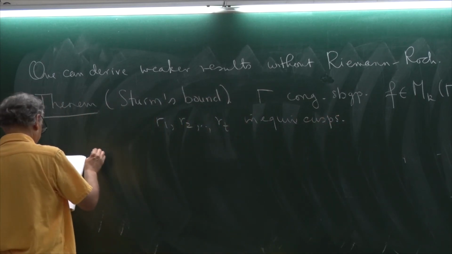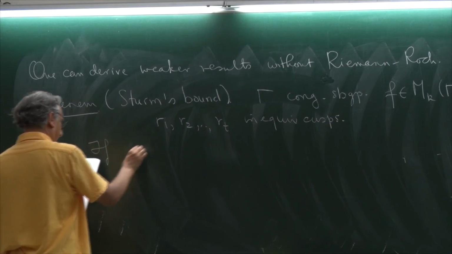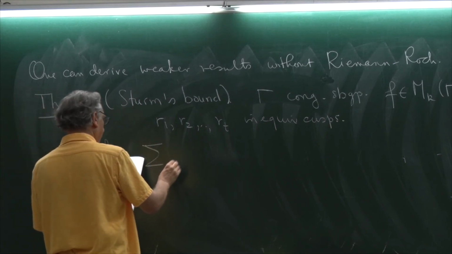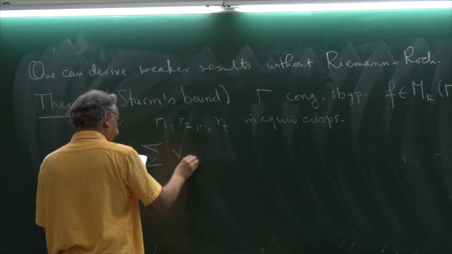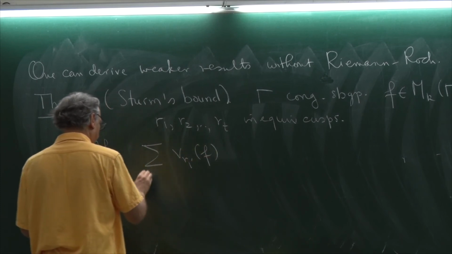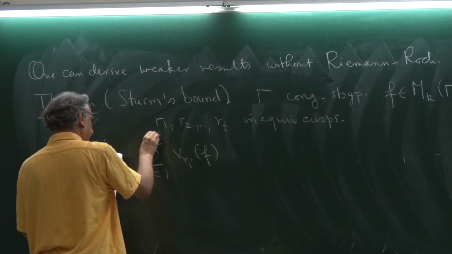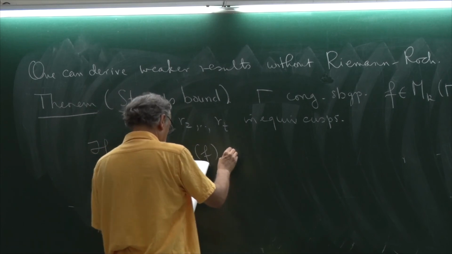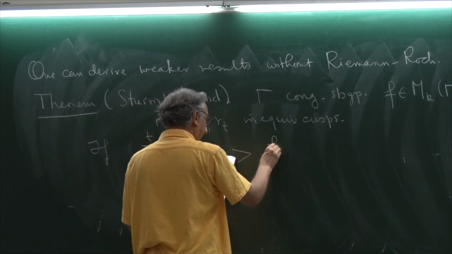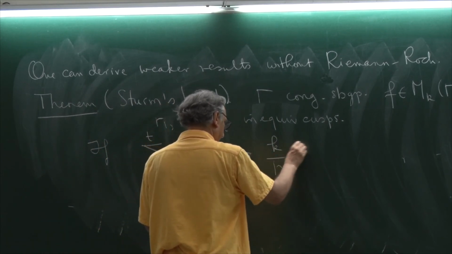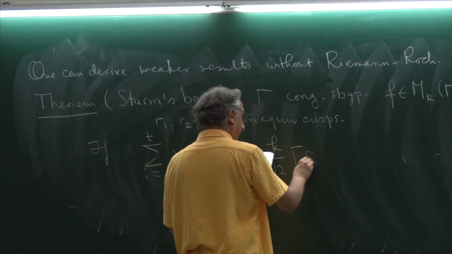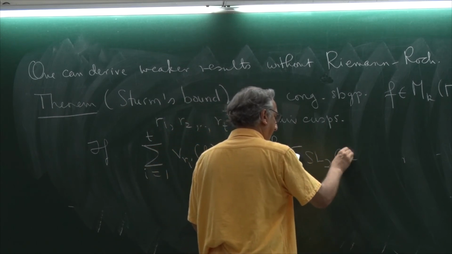Then one can actually show this: if the orders of the form at each of these cusps add up to something bigger than k over 12 times the index of gamma,